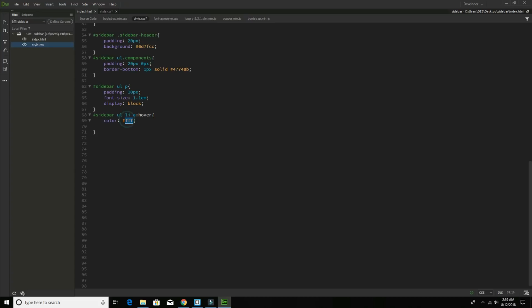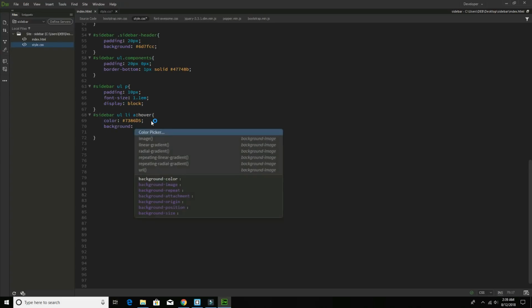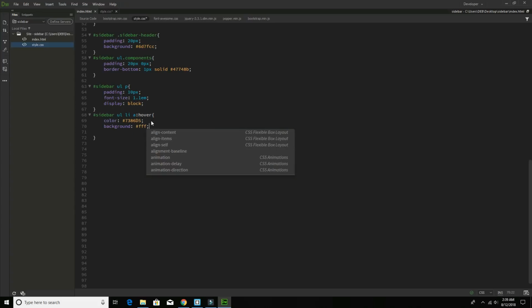Sorry, not white color, let's give this color and background, give has white. Okay, now has sidebar, ul li dot active